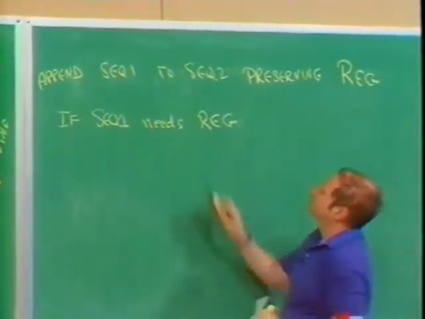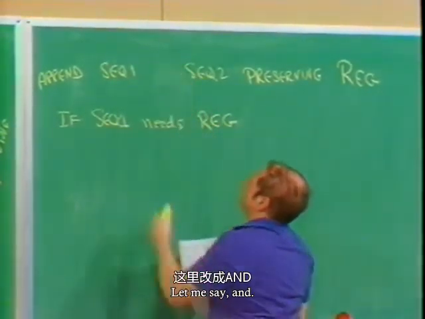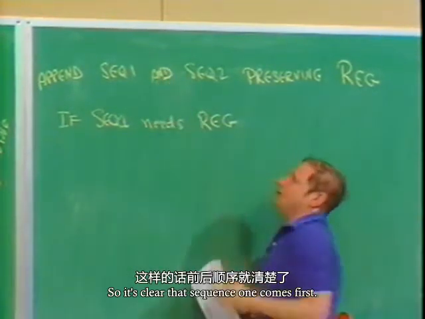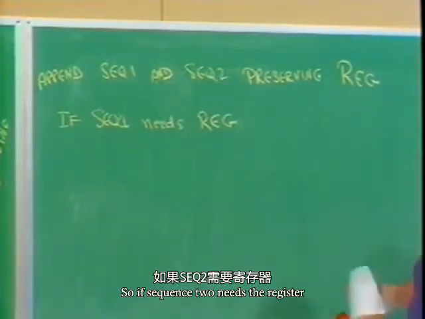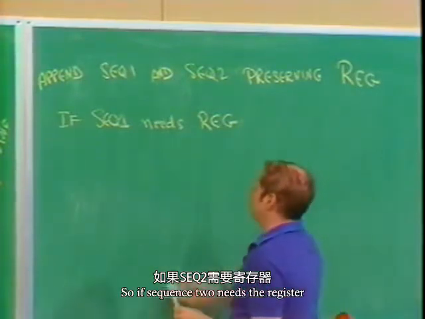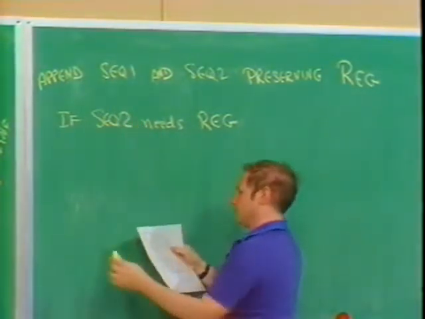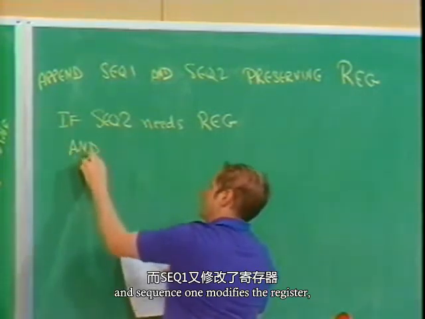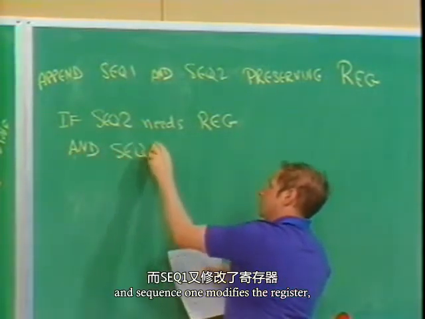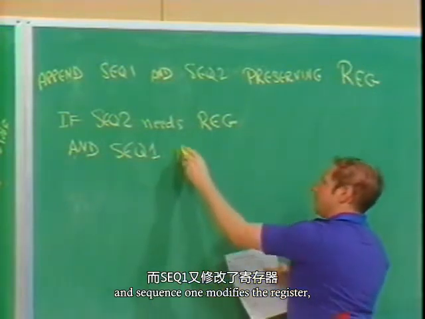We say "and," so it's clear that sequence 1 comes first. So if sequence 2 needs the register and sequence 1 modifies the register,